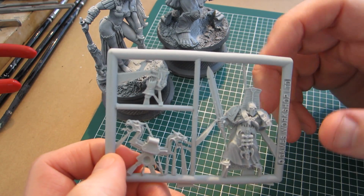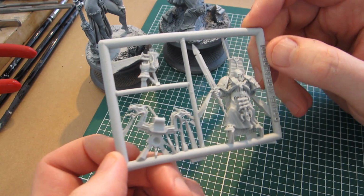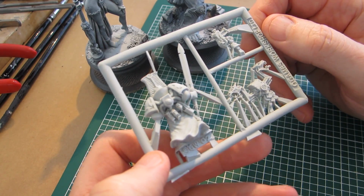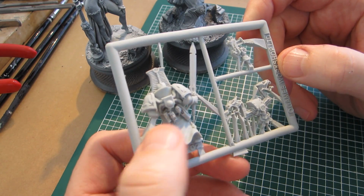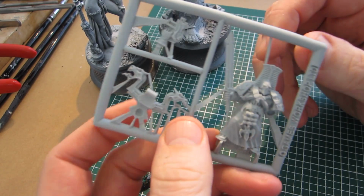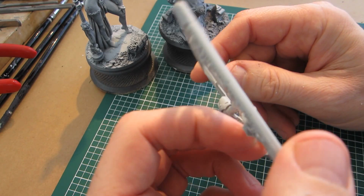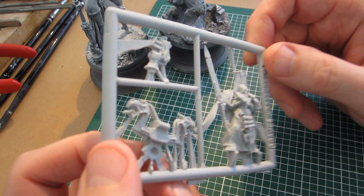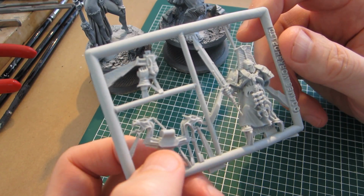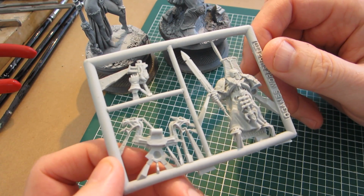This is a 40k model. This is a Thousand Suns Sorcerer in resin, in fine cast, I believe it is. But it's reasonably well cast. It's better than most fine cast, I would say. There's no obvious warping of any parts, and there's no huge air bubbles that I can see. So yeah,